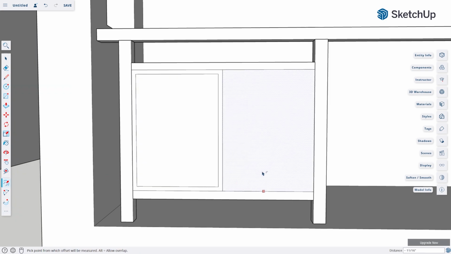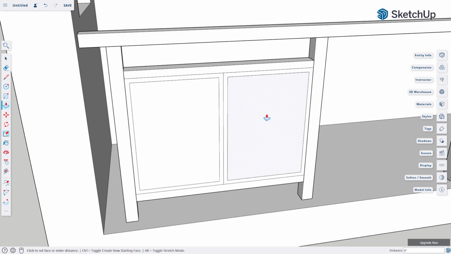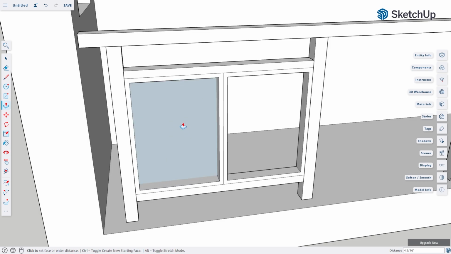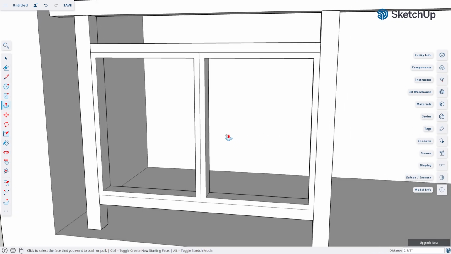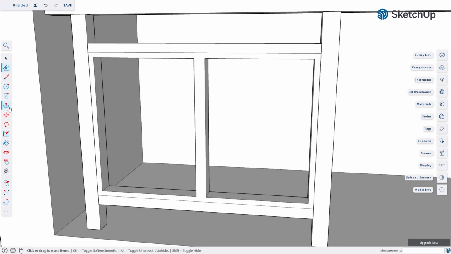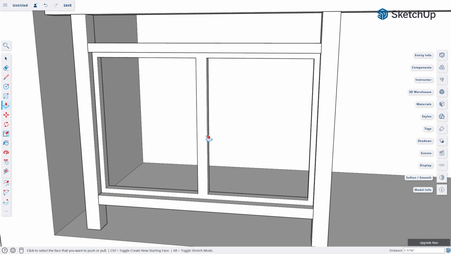And for the other side, I will just double click on the face to apply the last offset amount I used. Then I'll use the push and pull tool to push this away to the back and to completely remove it. I want these 2 sections to be empty to prepare for the last part of modeling this railing. Okay, now that I removed those 2 parts, I will use the push and pull tool again to push this part a little bit inward.